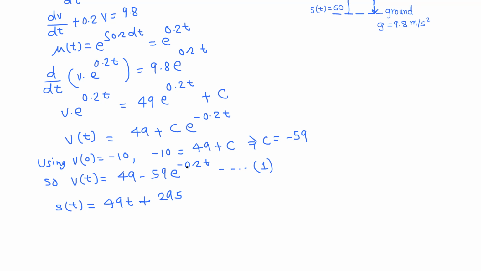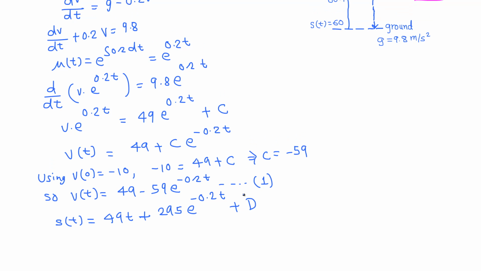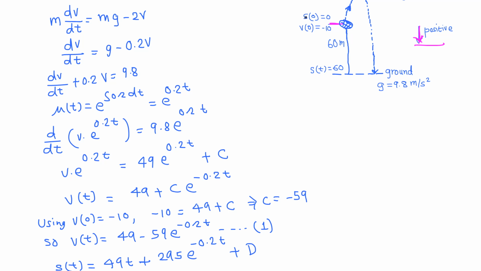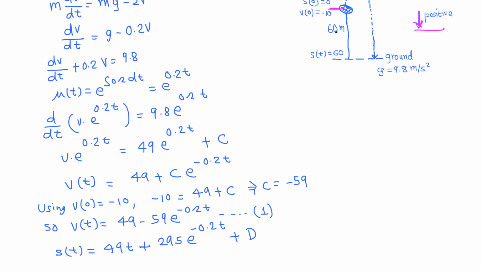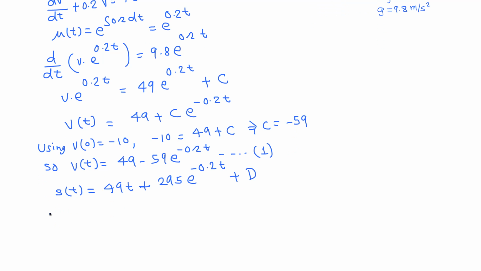Okay, when divided by 0.2, we get e raised to negative 0.2t plus some constant of integration, let's say d. Let's use the initial height. Initial height was 0. We just assume this is the 0 position, so s0 equals 0, to determine d. Using s0 equals 0, we get 0 equals 49 times 0, 0, minus 295 times e raised to 0, which is 1, so 295 plus d, and that gives d equals negative